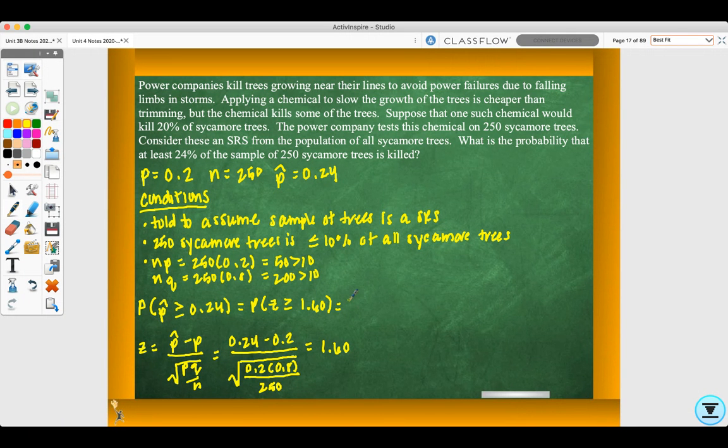And this would be normal CDF of negative 1E99, or it's greater than or equal to, so it would be 1.60 to positive infinity. So 1.60 to 1E99, and we would get 0.054799. And if I were to draw this picture, which you always want to do,